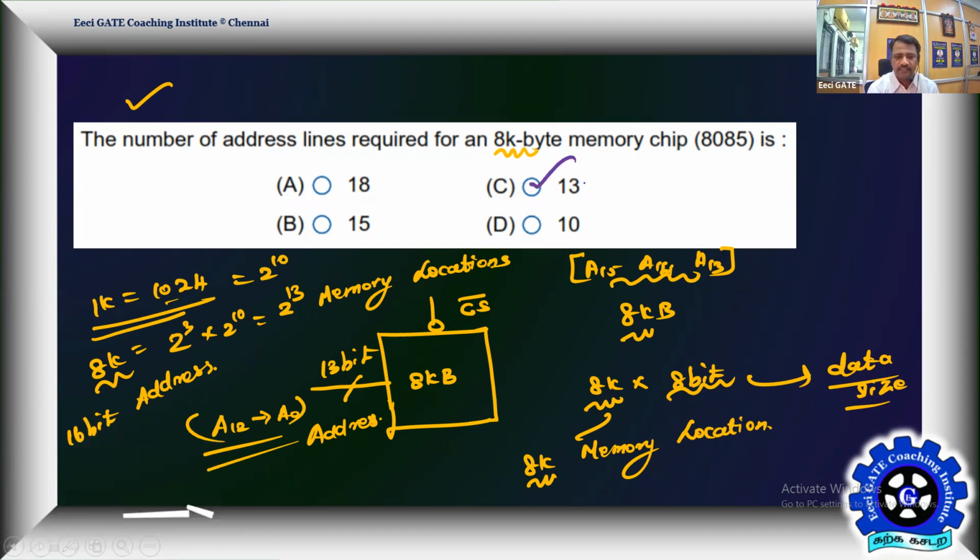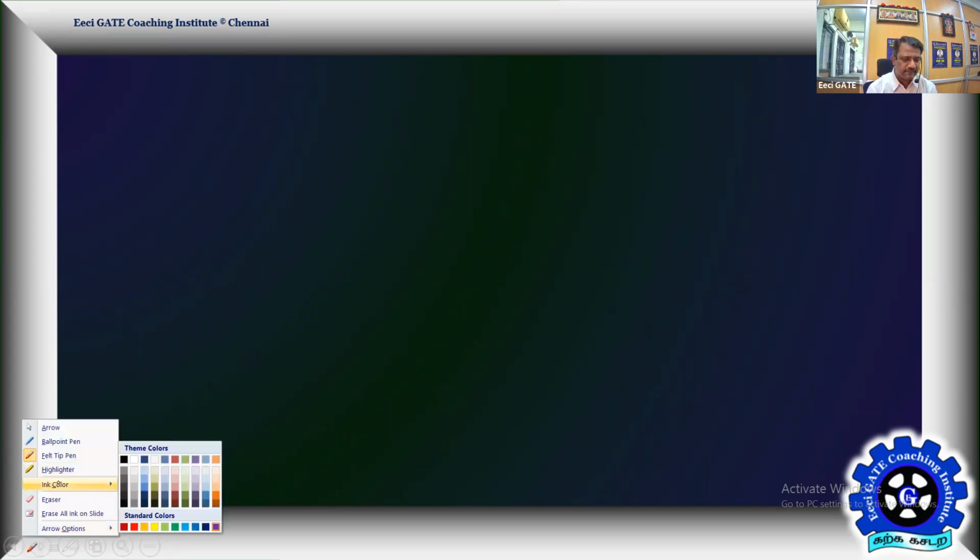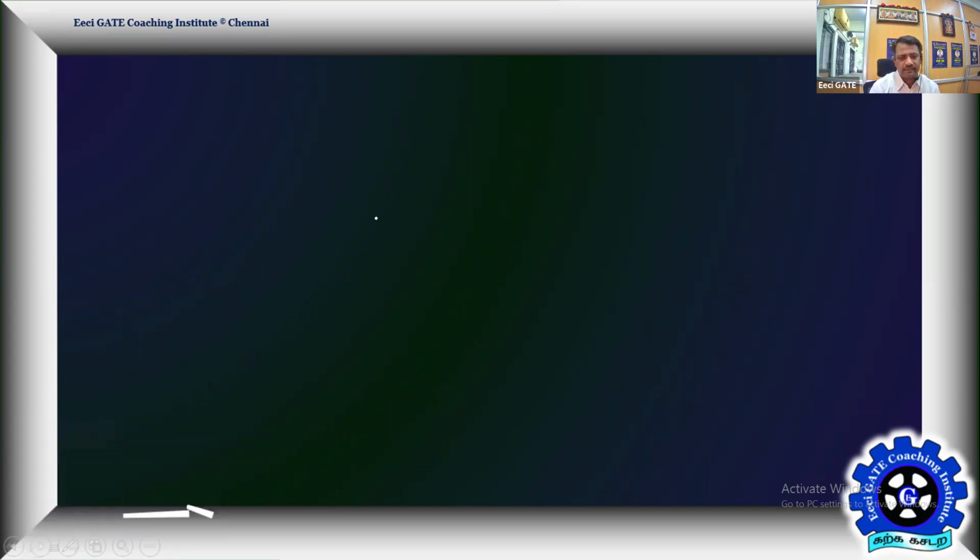Rest of the available address lines, you can map it. Let me talk about a little extra. How can we map this location? For example, say I have this memory. How we can map it is what we technically call memory mapping.